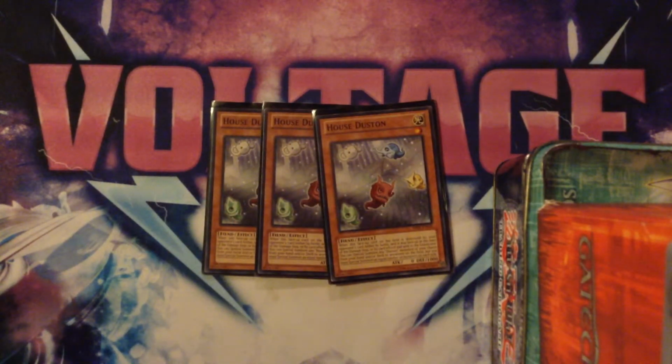Basically, what House Duston does is when he's destroyed by battle, and while he's face up, he special summons Dustons all over the field, but it has to be the same amount on each player's side of the field. So if your opponent has like 3 monster zones available, special summon 3 on his side of the field, special summon 3 on my side of the field. So we're running